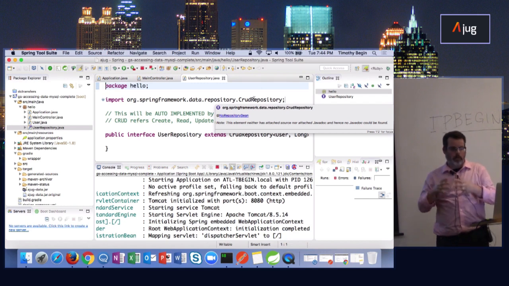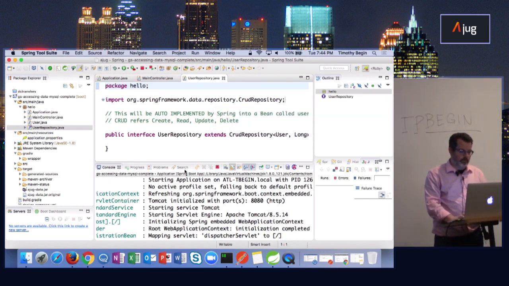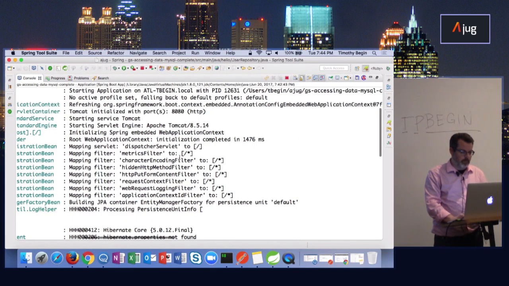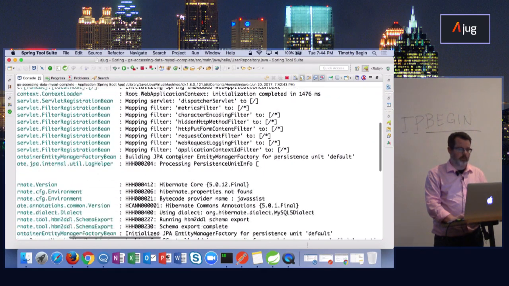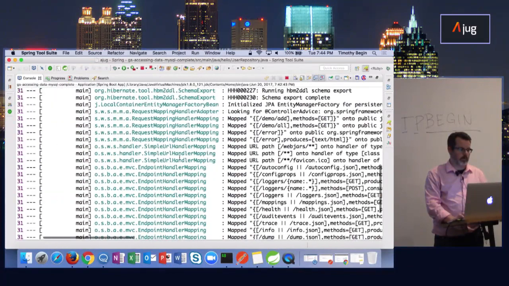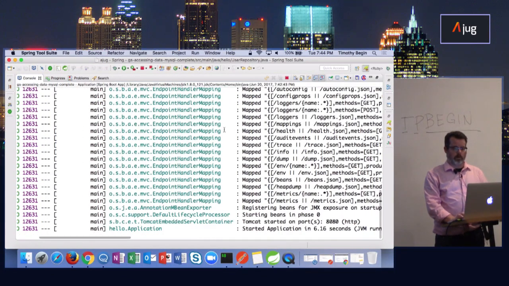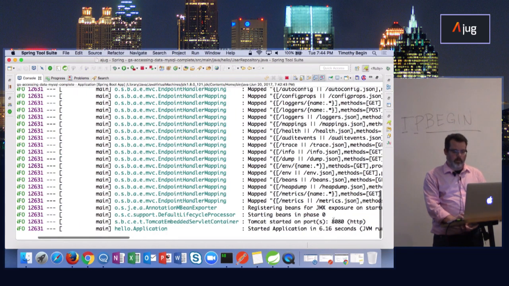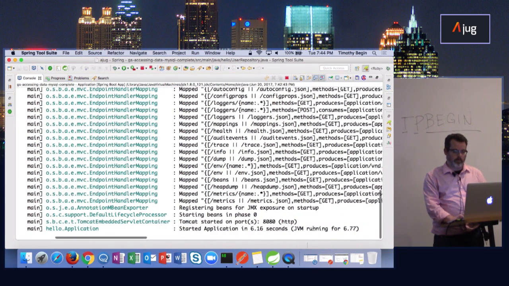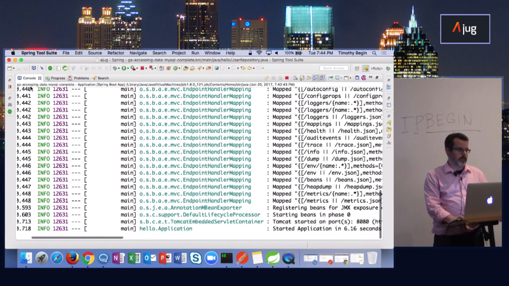Okay? So what that would mean is when I run this and it starts up, it will tell me, hey, look at all this exciting stuff that's going on. I'm starting it up. Look, I'm creating all your endpoints, your mappings, and so on. So Tomcat is started on port 8080, and it's now up and running, been running for 6 seconds.